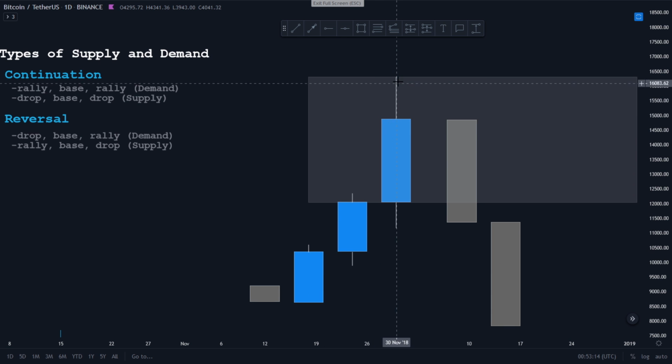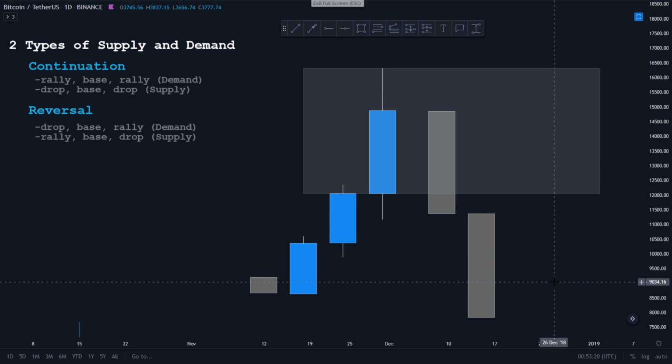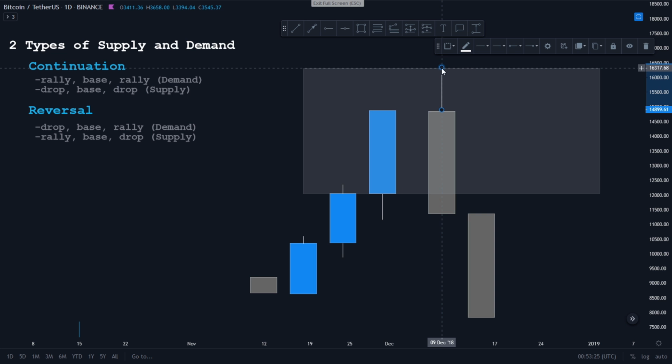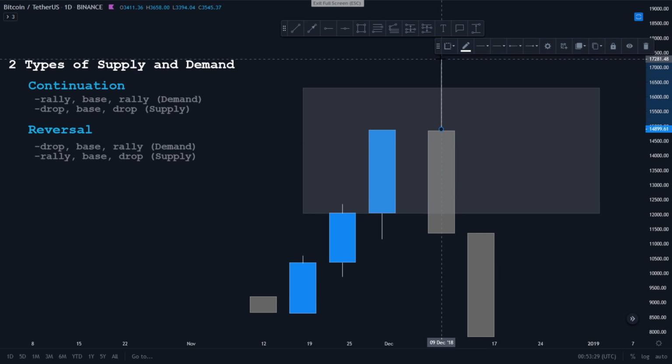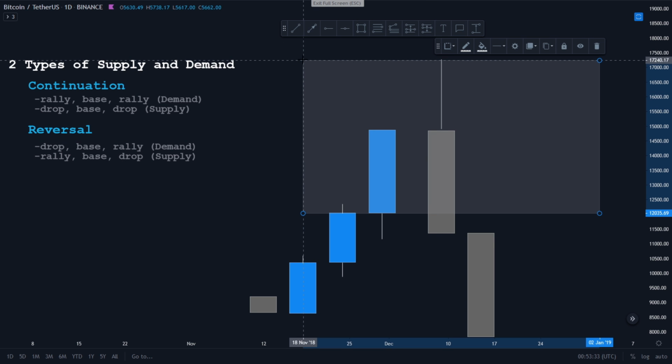Rally, base, okay, and this is the drop. Again here, if you had a higher wick here, so if this wick would be higher from the bearish candle, you would draw it like this. So you would take the body of the last up candle here